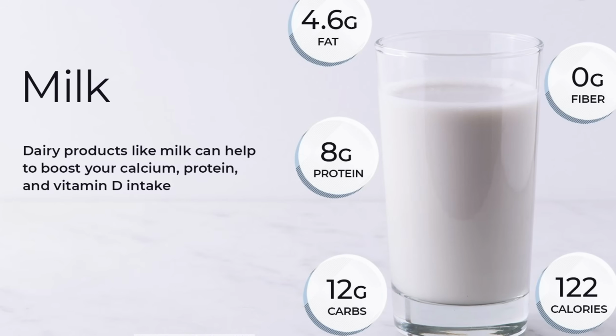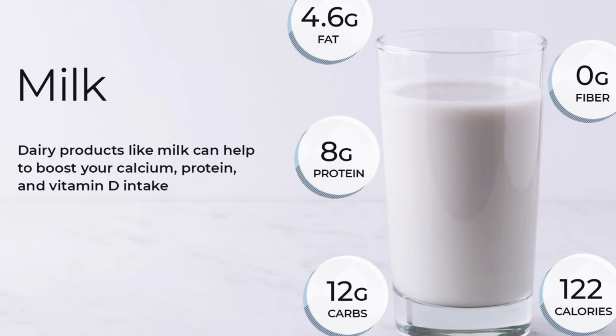Number 5, full fat milk. Now, some of you might not expect me to include milk on this list, but I throw it in here to emphasize that if you have switched to a plant-based milk for health reasons, you might be better off switching back to full cream. Milk is a great source of protein, and like cheese, it has a good balance of